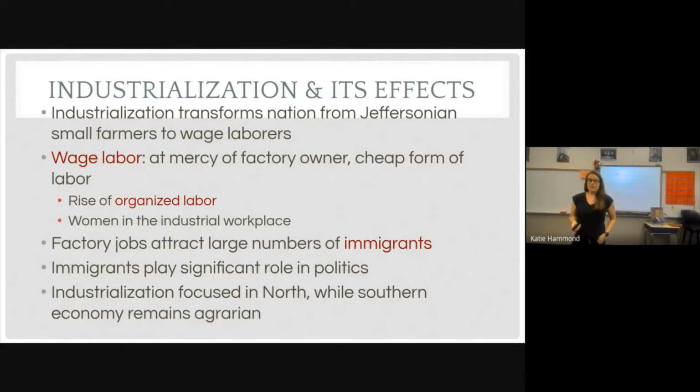And y'all know that industrialization is still going to be huge in the North compared to the South. Here's a review question. What is that one example I told you that is a successful industrial company in the South? Tredegar Iron Works. Good. And just remember, that's in Richmond, Virginia.